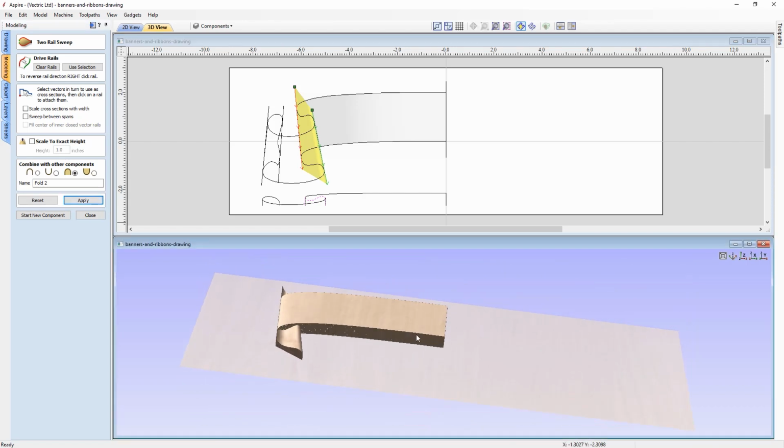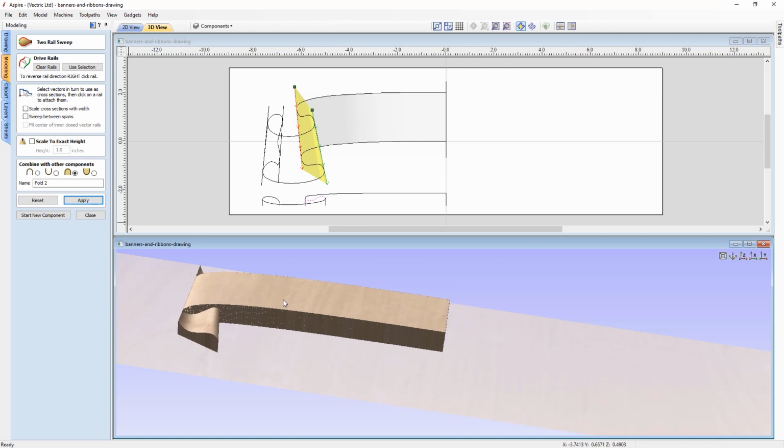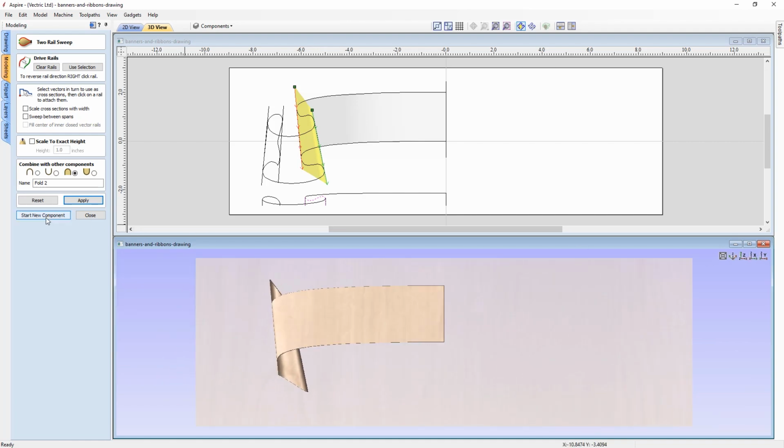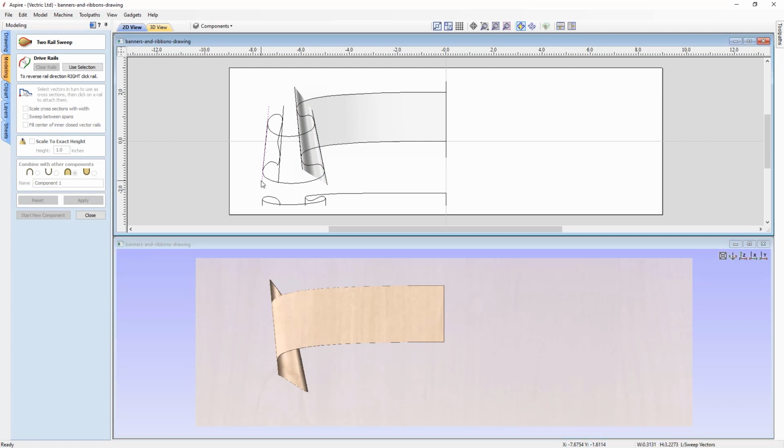Let's have a look at our 3D view just for a second, and you'll see that we have a nice underfold here. It doesn't quite reach the top of this upper fold, and that's exactly what we had planned in our 2D view, which is great. Now we're just going to click start a new component, and now we can go ahead and create this fold here. So we'll choose this vector,